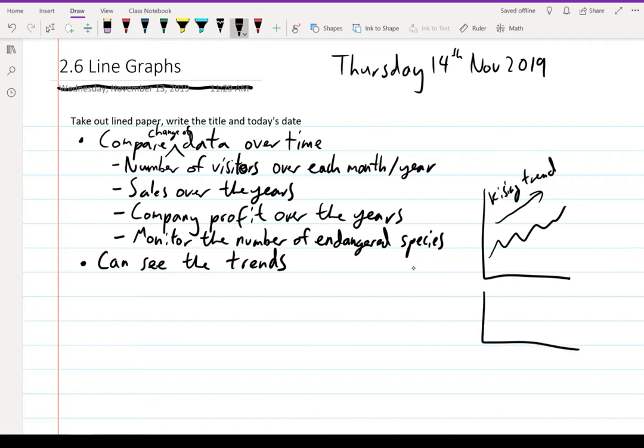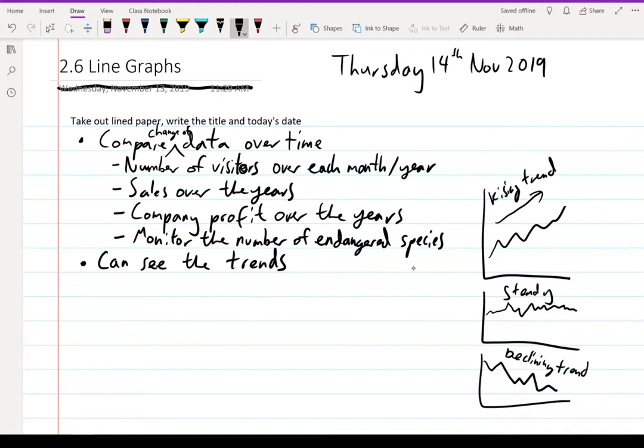Or maybe if your line graph looks somewhat like this, okay, you would say it's quite steady. Whereas if your line graph looks something like this, okay, we would say that this is declining